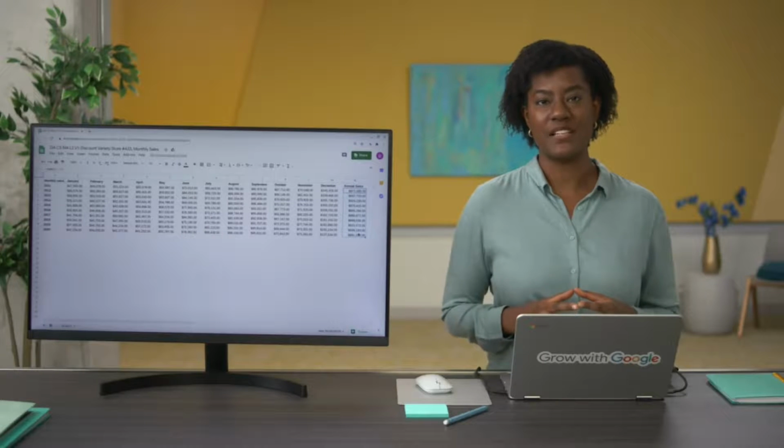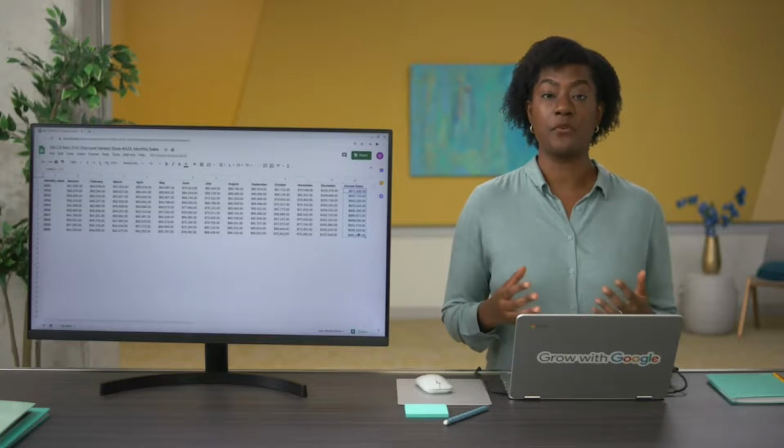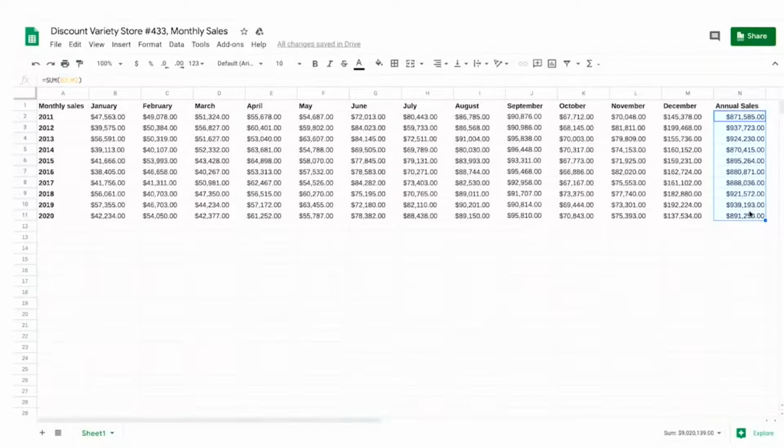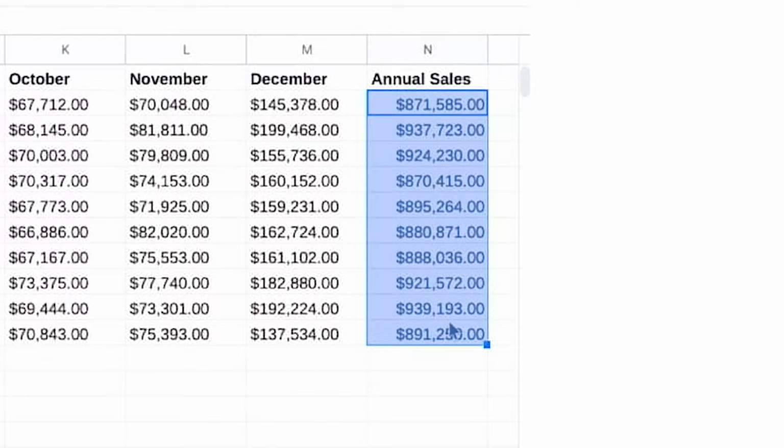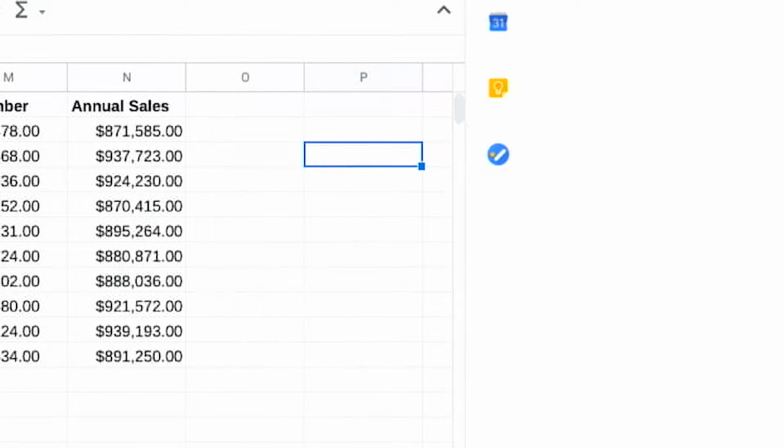Let's say we also need to find the growth in annual sales from year to year. This would be a good time to think through the problem before we try to solve it. Do we have the data we need to solve this? Not yet. Thinking backwards like this helps us plan out the steps to move forward. The first step we'll need to do is calculate the total sales by year. Then we'll measure the rate of change between years. We'll start by labeling a new column.